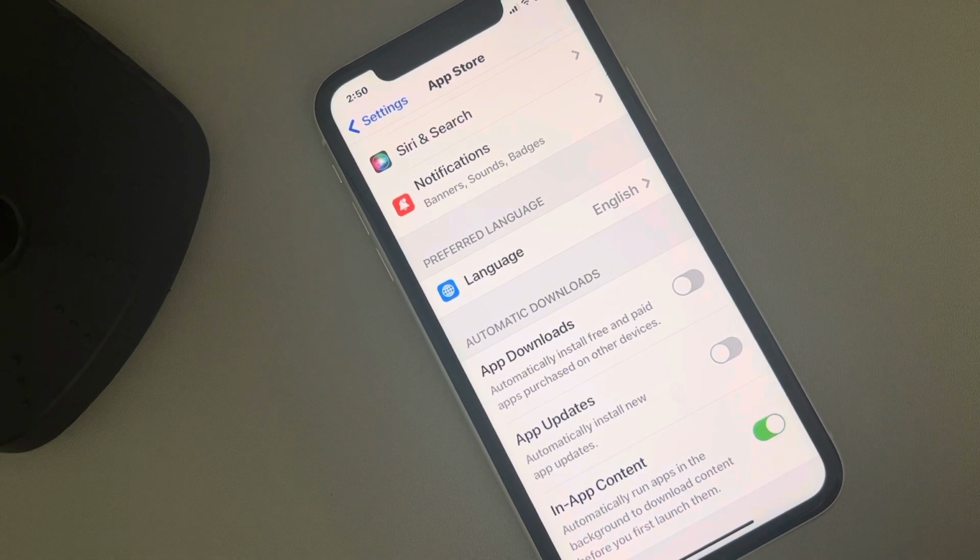So just turn this feature off, and now apps will not download automatically on your iPhone without your permission and without you